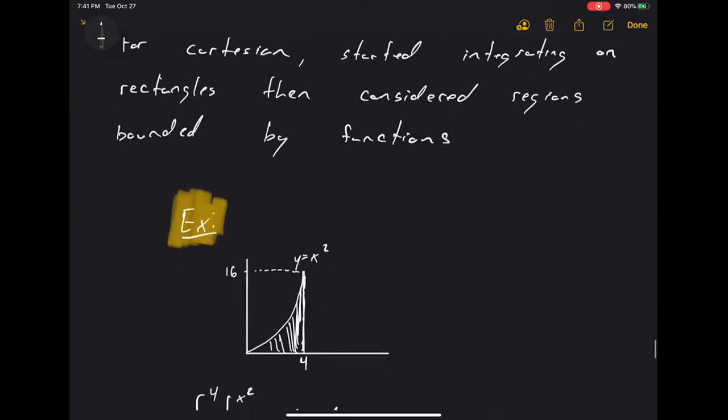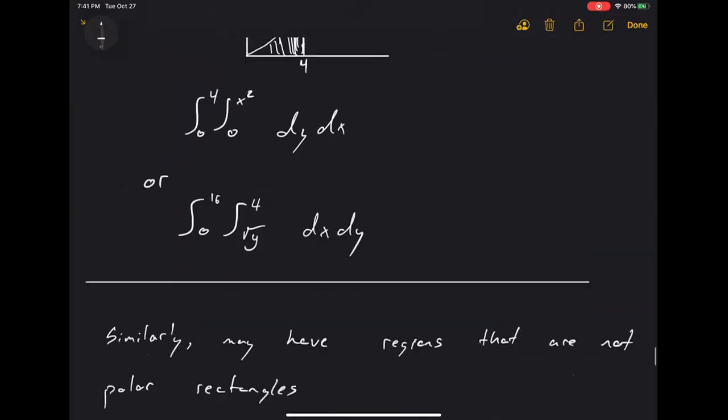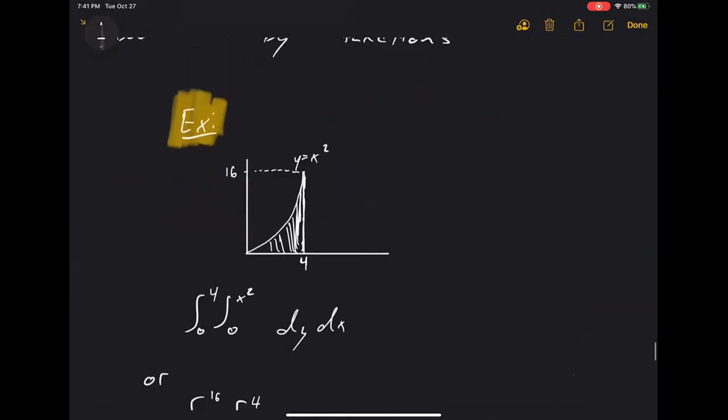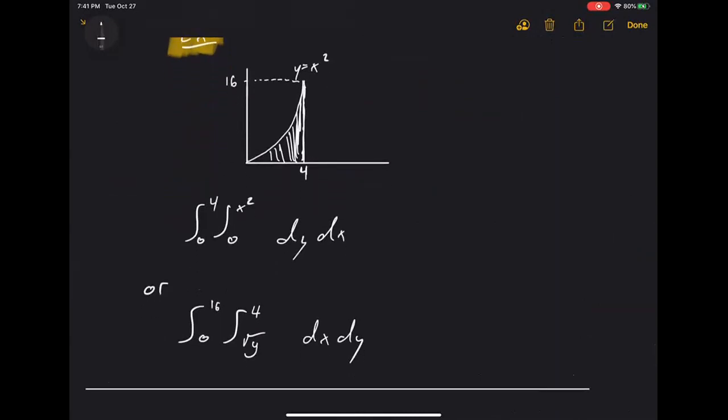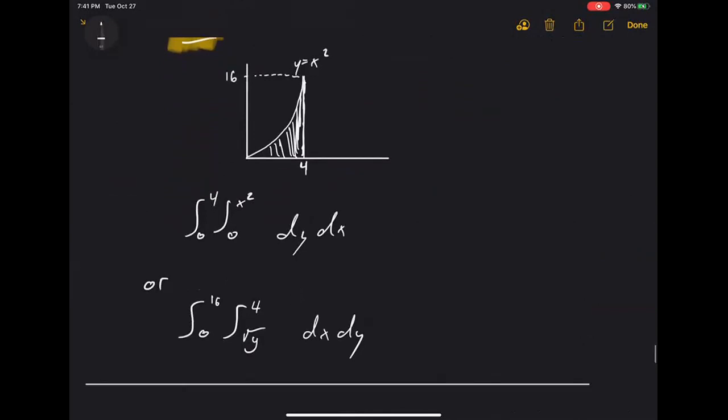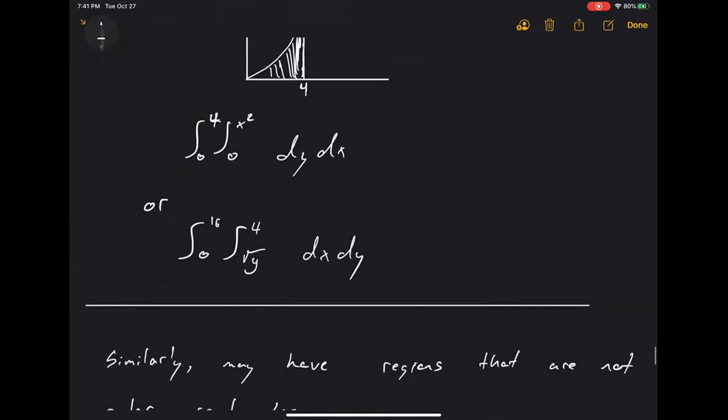Remember, if we had this type of integral in Cartesian coordinates, I could write this region with y bounds 0 to x squared, and then x bounds 0 to 4. Or I could write it the other way with x bounds square root of y to 4 and y bounds 0 to 16,